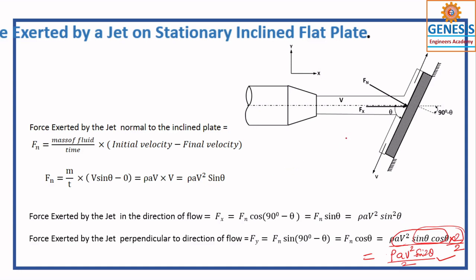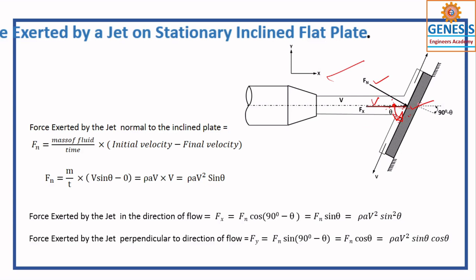What you have learned? You forget about the horizontal plate, you forget about the vertical plate, but concentrate on the inclined plate. First of all, you have to find out the force perpendicular to this plate. So I have named this as Fn, that is perpendicular to this plate, also called normal to the plate. But this is the direction of the flow. Okay. So this is making an angle theta from the x-axis. So this is x. So this is the angle. I have started my journey from this point.